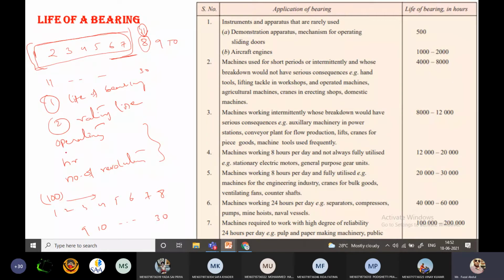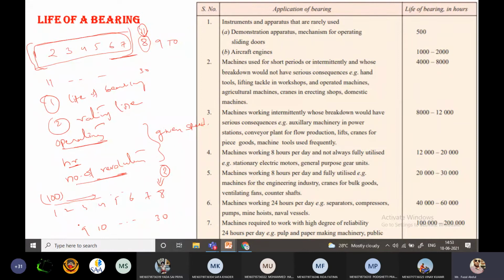So working here, we can expect the number of times it is operated, or working hours, or number of revolutions at a given speed, or stated speed. So here 100 bearings we are allowing to operate. So on one day all bearings operate without failure. Okay, second day same, third day same. Finally, on a particular day, consider the eighth day, only two bearings are subjected to fatigue failure.